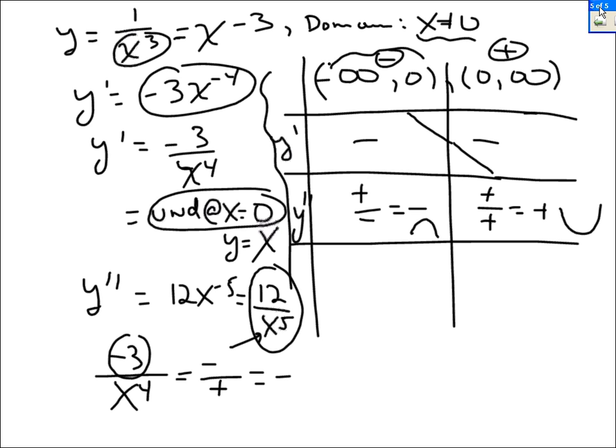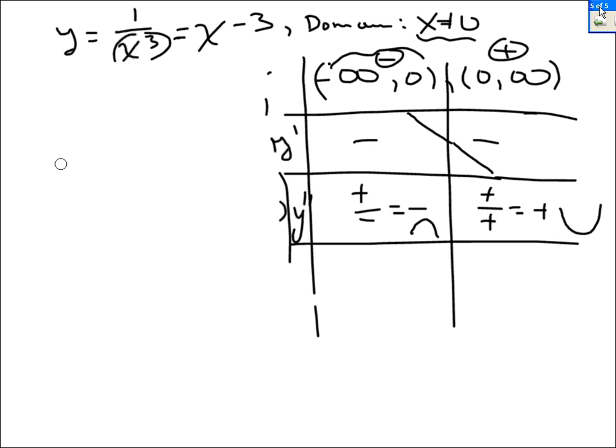And we have a vertical asymptote at 0. Because that's the value that made the bottom 0, but didn't make the top 0. So now we need to talk about that. So we have a vertical asymptote at x equals 0. So we need to look at the limit as x goes to 0 from below of 1 over x cubed,